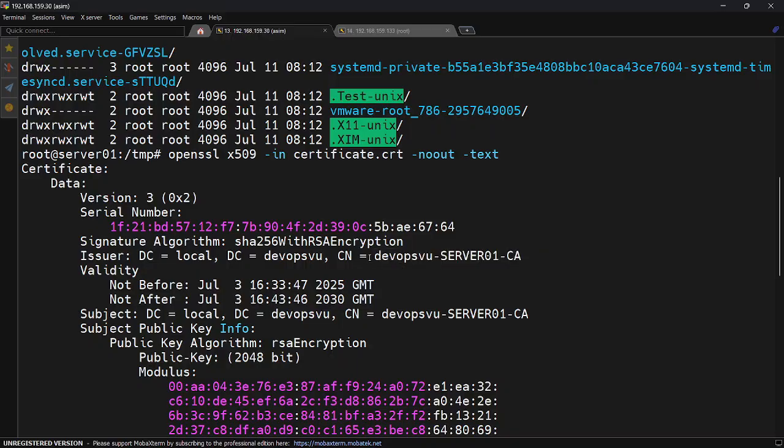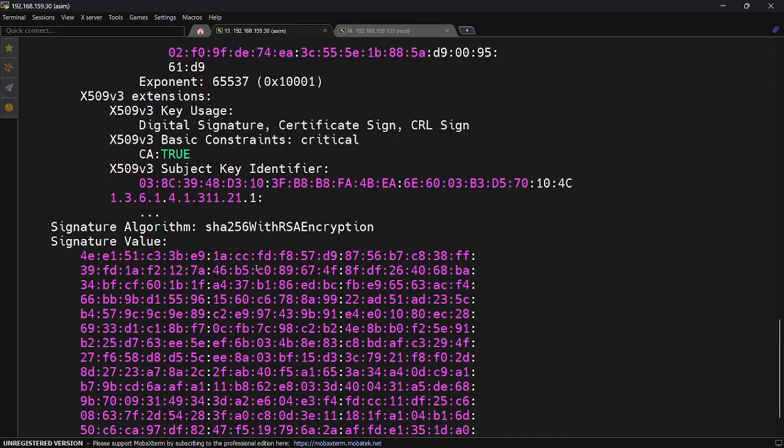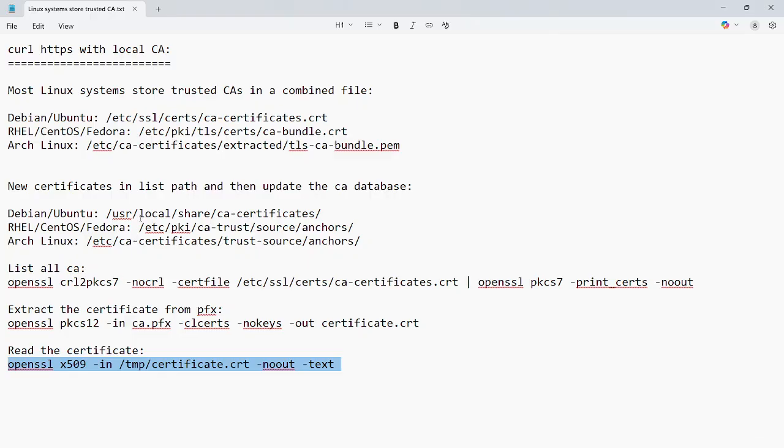This is signed by this signing authority. And this is the expiration. We signed this for 5 years. So everything in detail is given here. Okay, now we have to